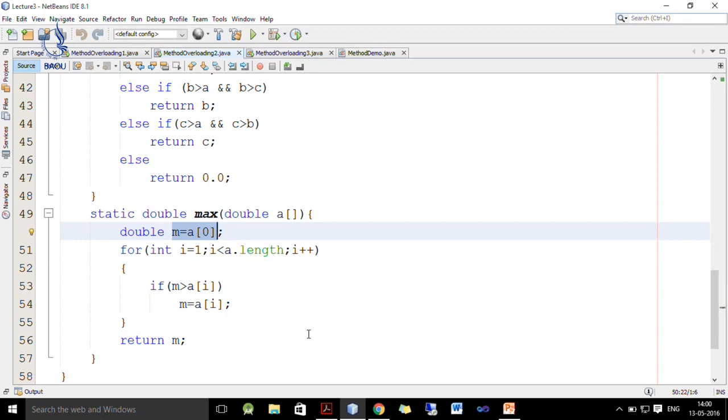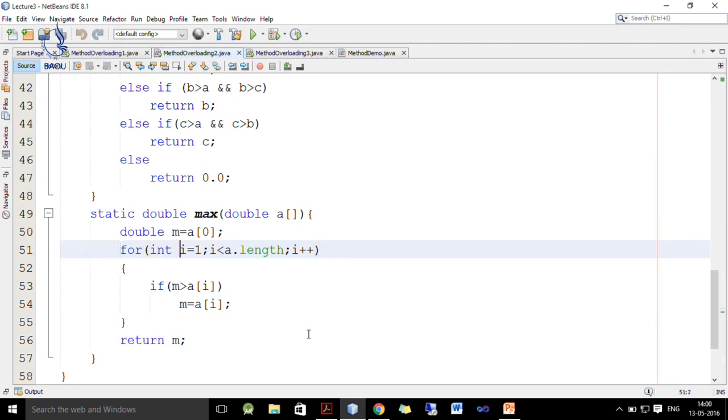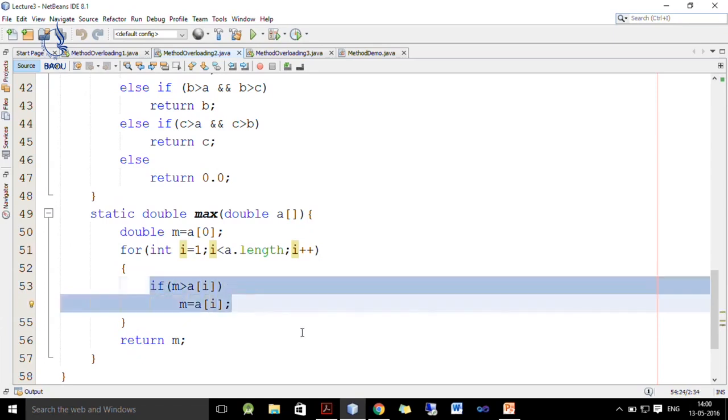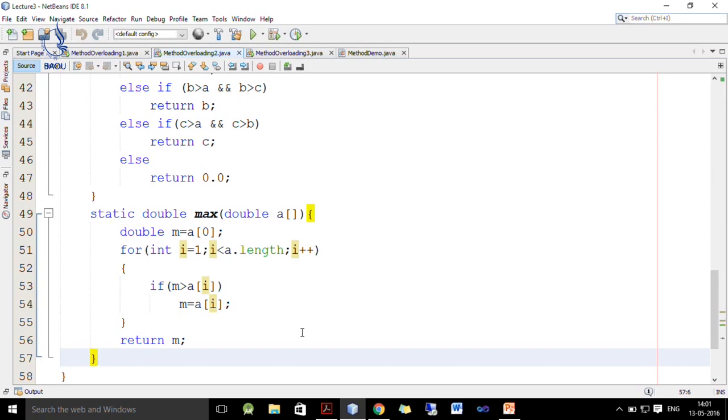So, we initialize m with the first element and we check from the first element through the rest of the elements one by one, and if any value greater than the first element is found, it will be replaced inside m. So, at the end of this loop we will find the maximum in m and we return that value.